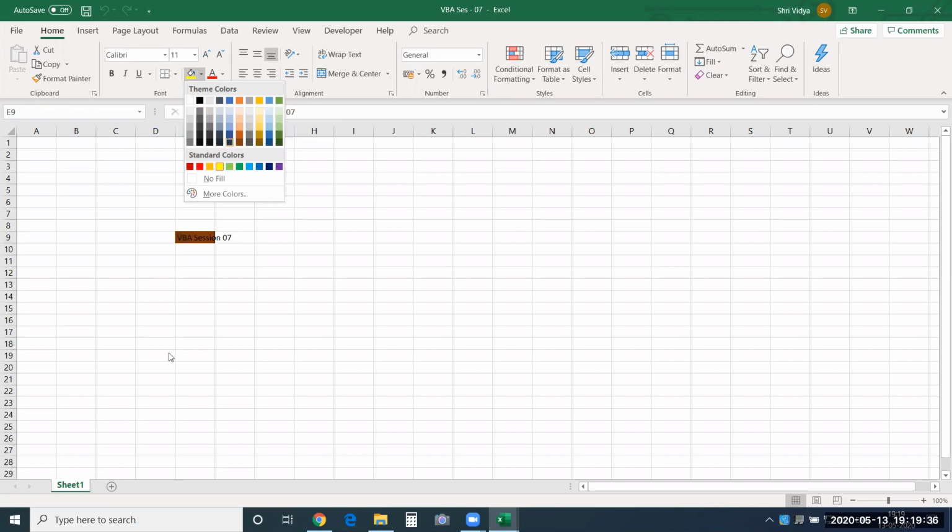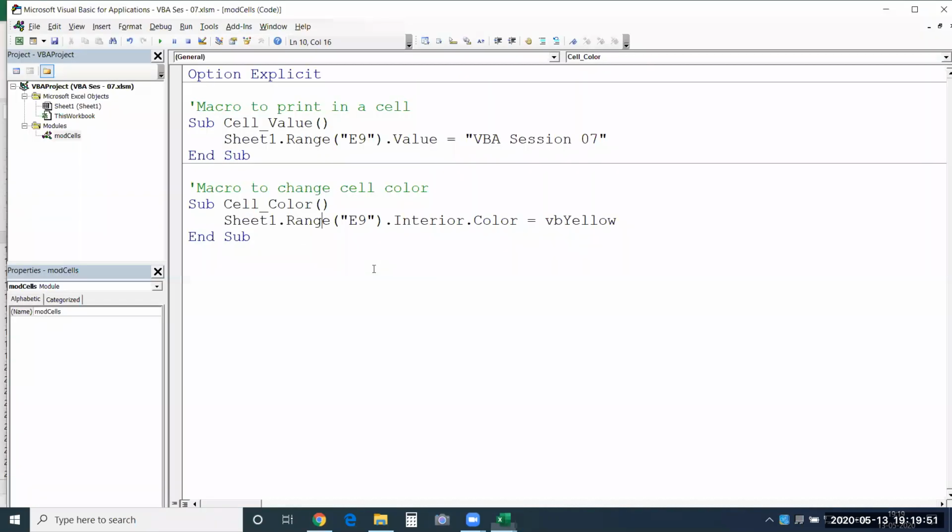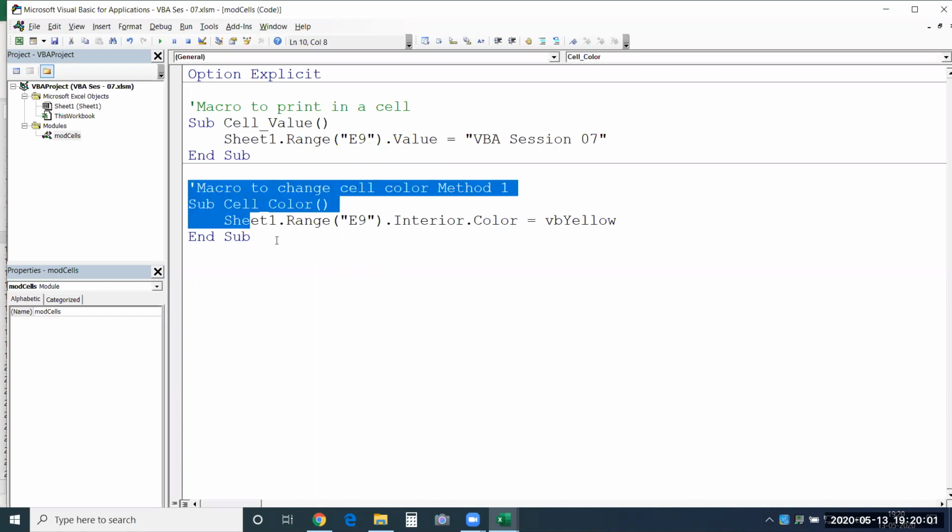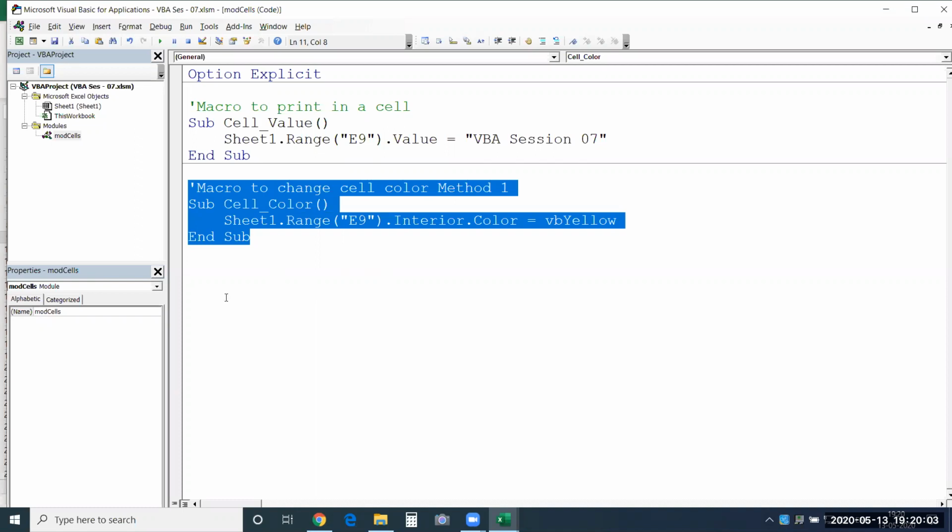But again, there is a much simpler way, and if you want to gain some perfect tint and shade of that color, then we are going to use the RGB method. I'll just show you that. So this is method 1. This is one way to provide it. This is the easiest one. But again, if you have some different shades to provide,